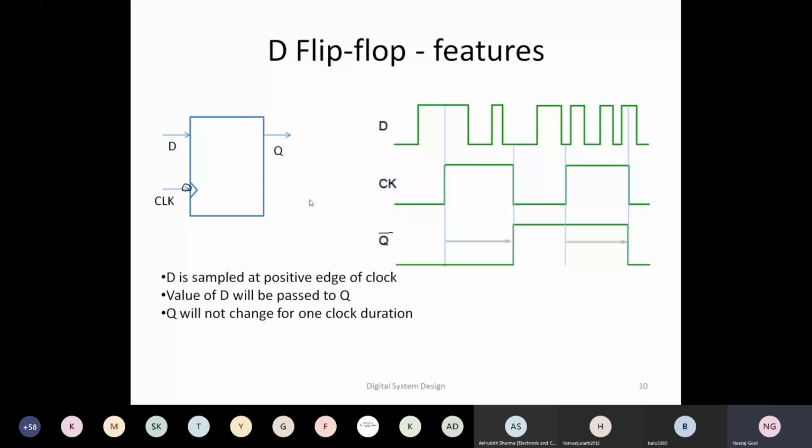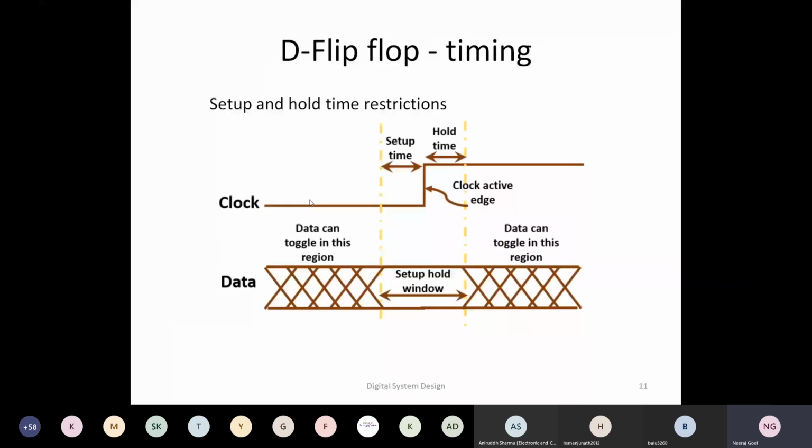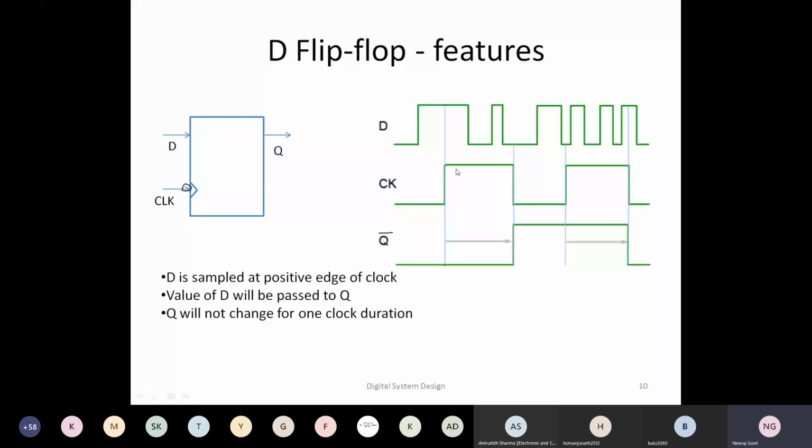Unlike a latch, because it is level triggered, if there is a variation during that active level, that would be seen through at the output. Okay, so one more important thing: when we are saying all the time that it is sampling at the positive edge, is that interval very precise? What is the precision level? What would happen if, let's say, D is a little delayed relative to this clock? It is slightly active a little after this edge, or a little before.